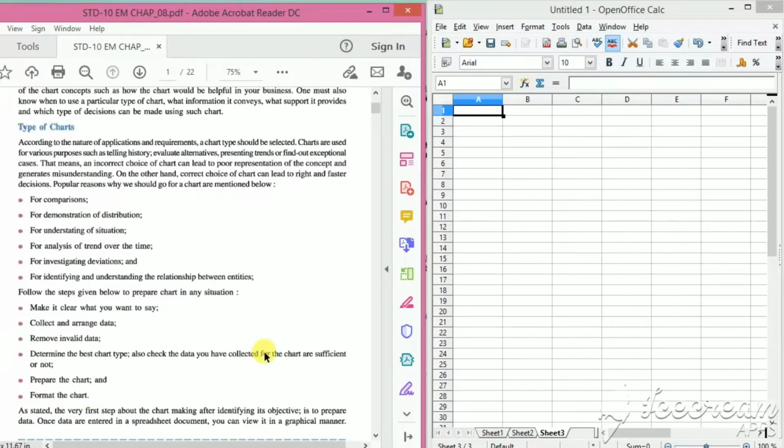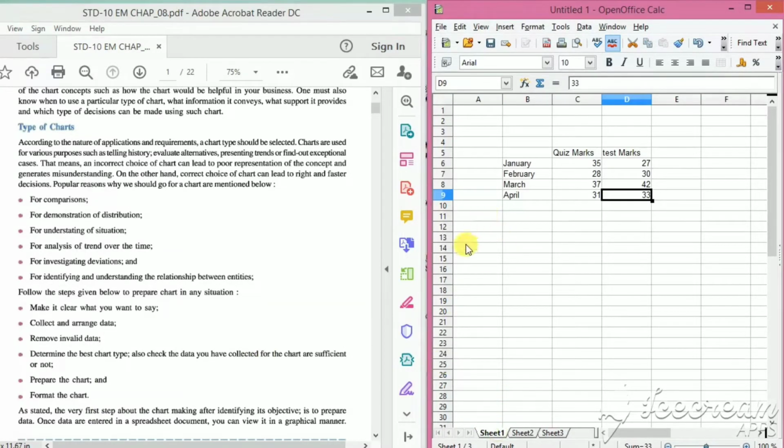Now students, let's make a chart from a table. See, in this table are the students' quiz marks and test marks for the months January, February, March, April. So to make a bar graph of this table, first of all insert the data in this way in the sheet.